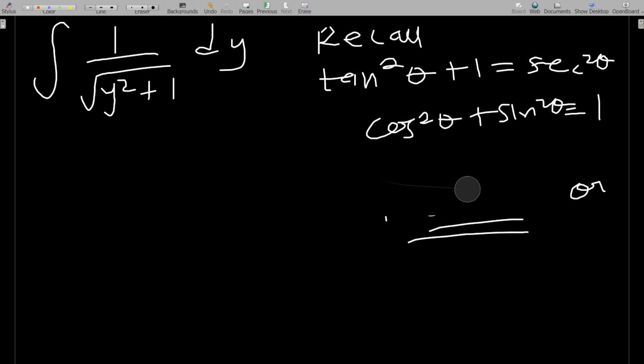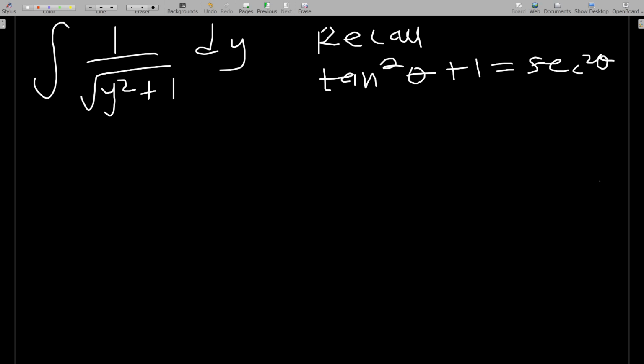Okay, so let's actually look at this and then use what we are supposed to use. Okay, so here you want this to look like this. You want the one in the square root to look like that. So you let our y be equal to, like we did for the second question,